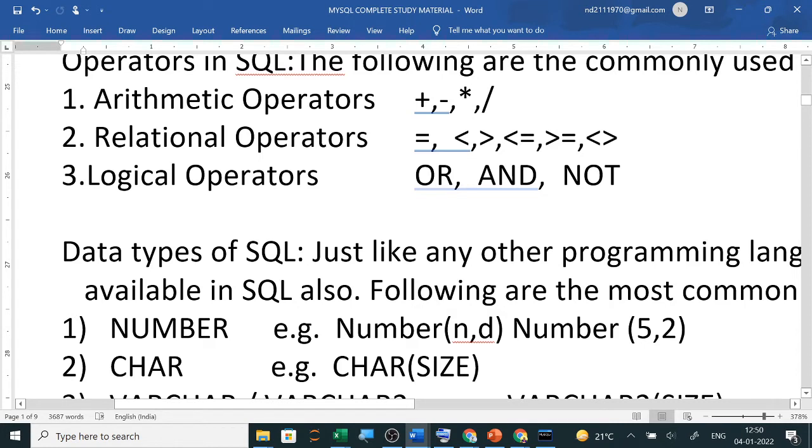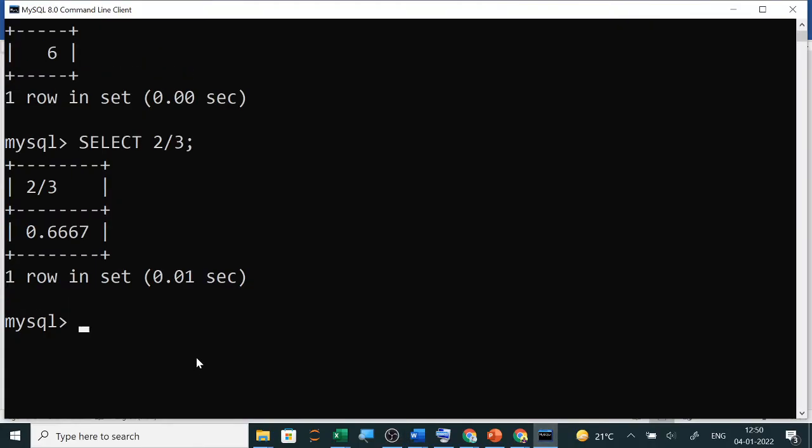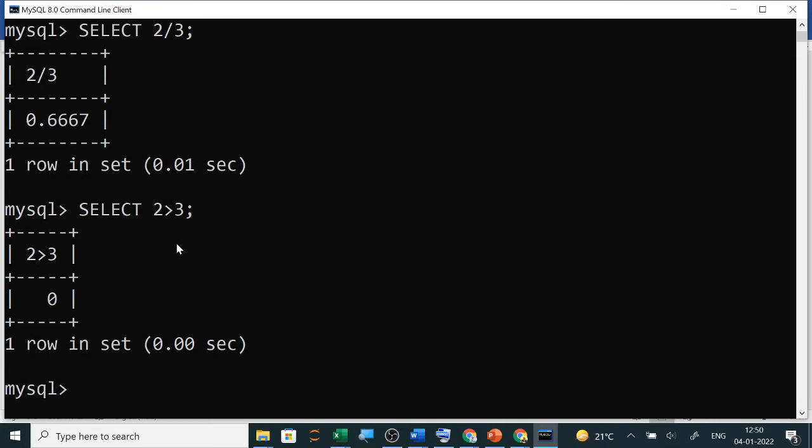Now the relational operators, you all know the output should be true or false, and then we will use the logical operators. So let us solve the relational operators also. Here for the relational operator, select 2 greater than 3. It is showing 2 is not greater than 3.